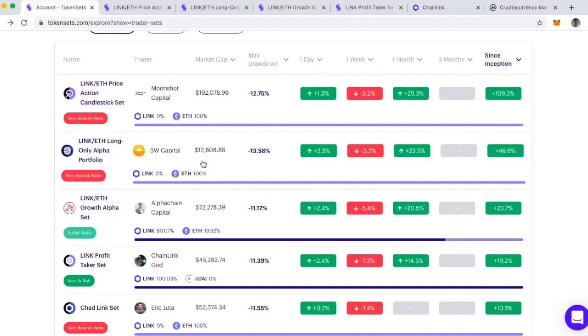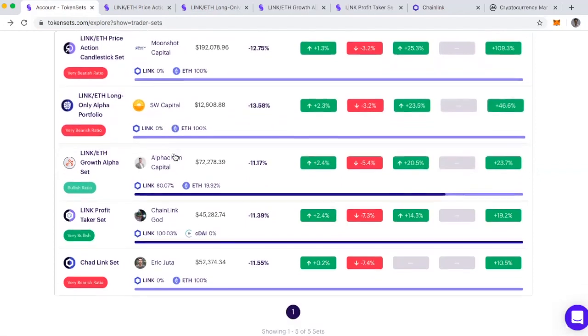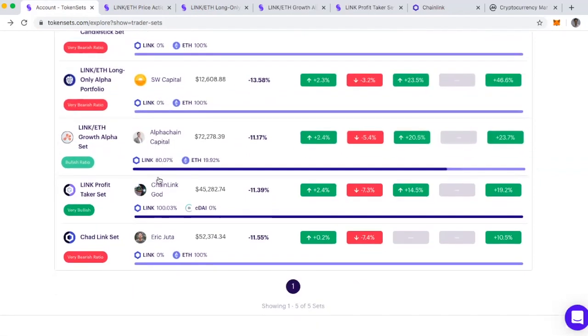SW Capital, I would still keep my eye on, but there's no comparing the two of these. This one has far outperformed it. Okay, so let's look at the next two, which started around this